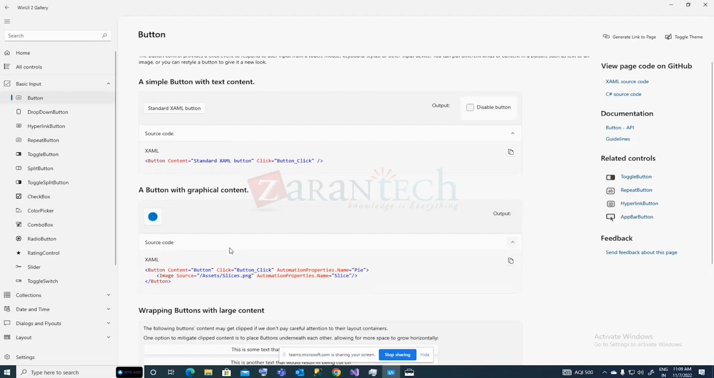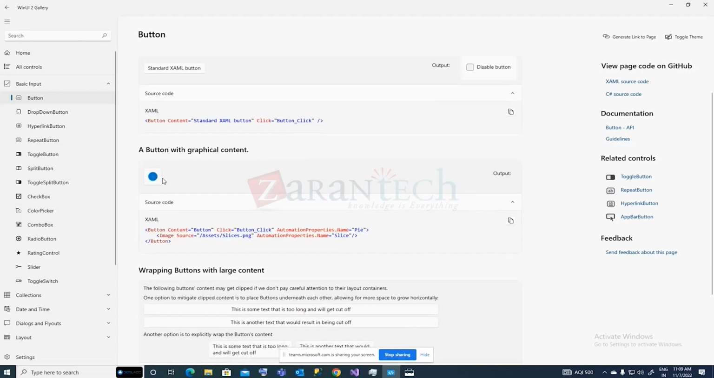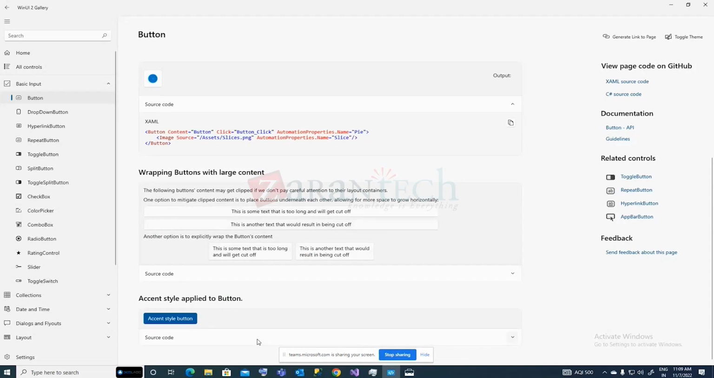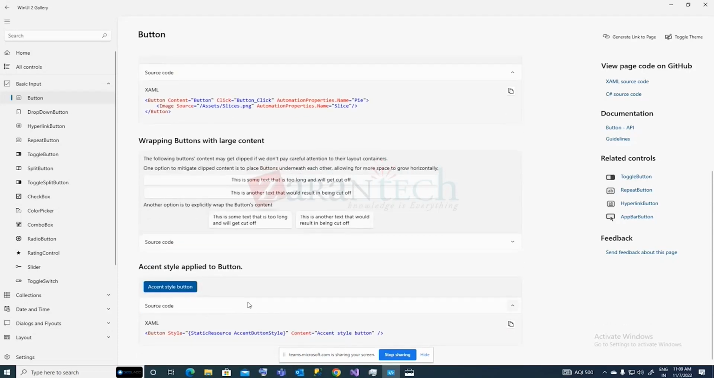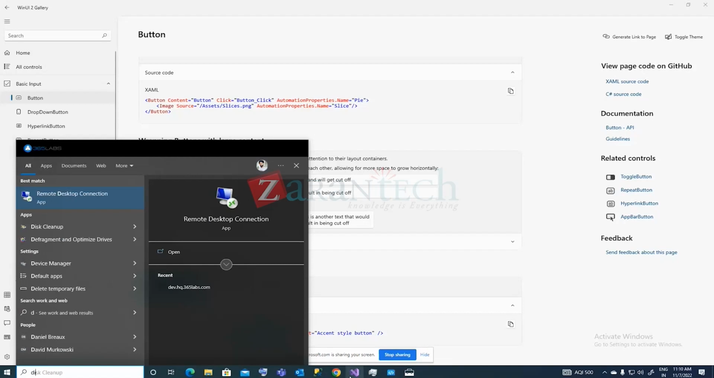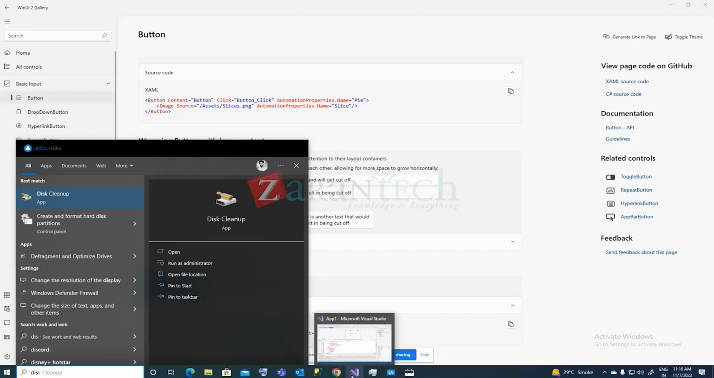And if you want to create a button with an image, this is the XAML snippet. There is an accent color style. Accent means your default color of action in Windows. You can change your accent color in